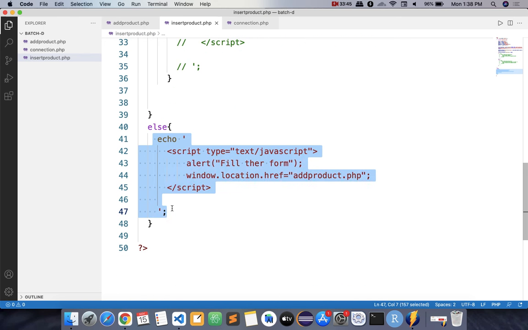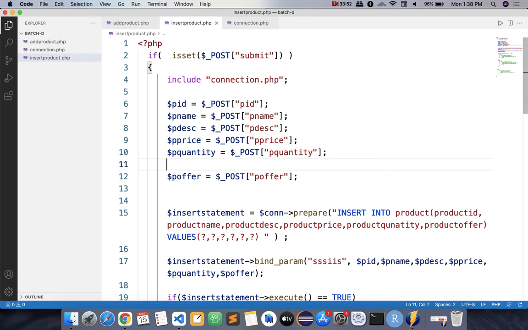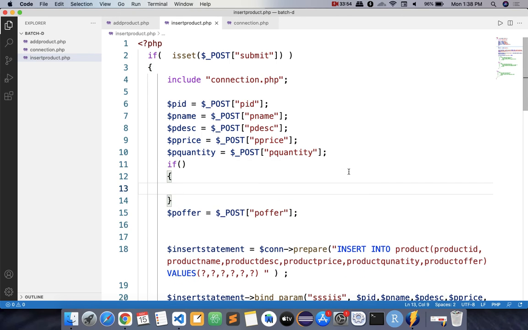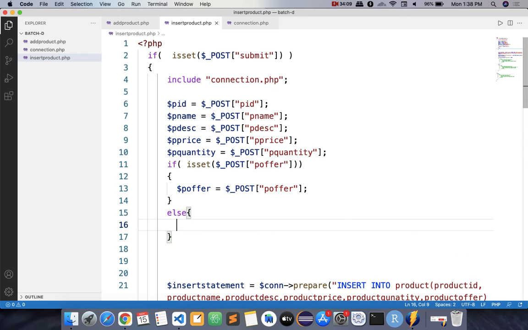मतलब हम लोगों को क्या करना है, अगर ऑफर में वैल्यू आई तो ही रिसीव करना है, अदरवाइज 0 डाल देना है. So we'll check it again. If isset, उसमें अगर वैल्यू आती है तो ही ये काम करना है, राइट? else, अगर उसमें वैल्यू नहीं आई तो $P offer, उसको क्या वैल्यू देनी है? 0. अदरवाइज पहले देखे रखो, एल्स लिखने की जरूरत नहीं है.